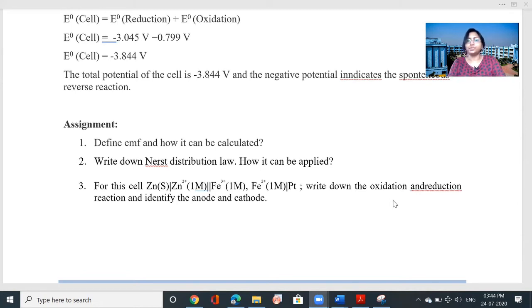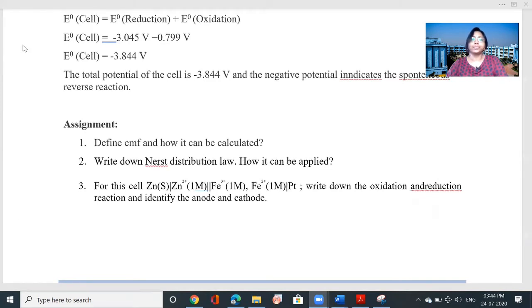Then you have to write the reaction. Okay, and then what you have learned? After that, you have learned to solve different problems. Okay, so I think that you are very clear. So I hope that you can answer the following questions. So I am asking the questions.